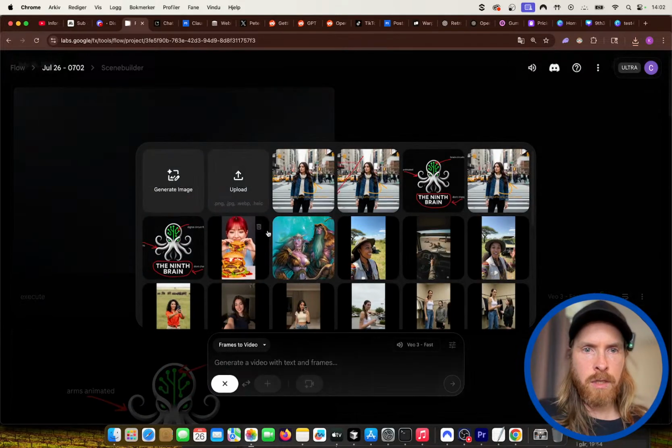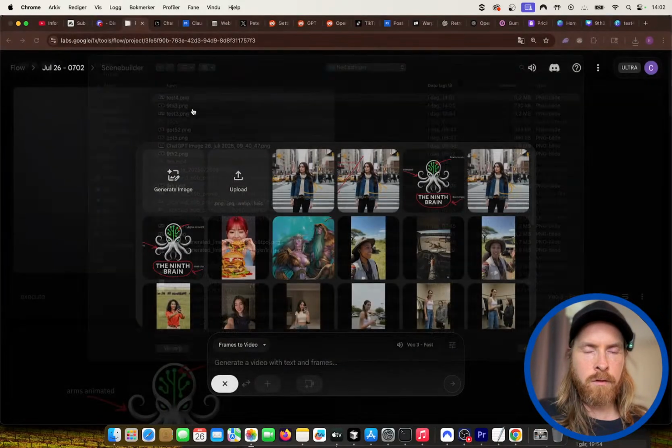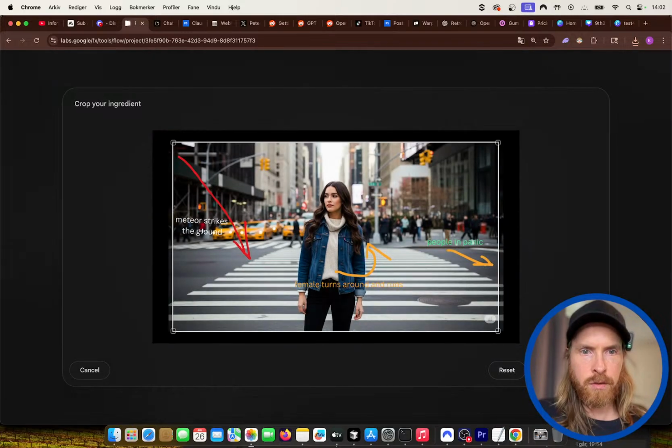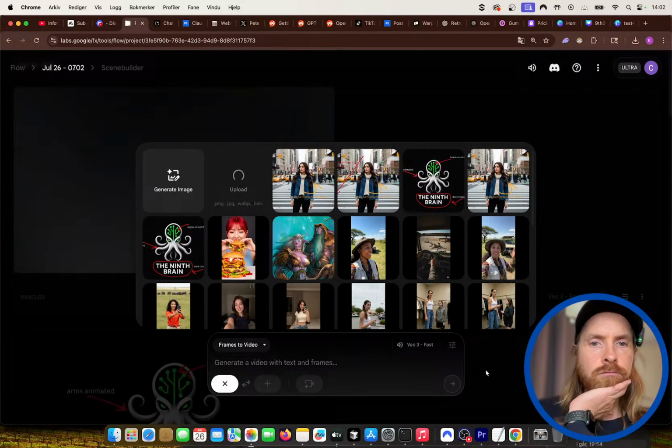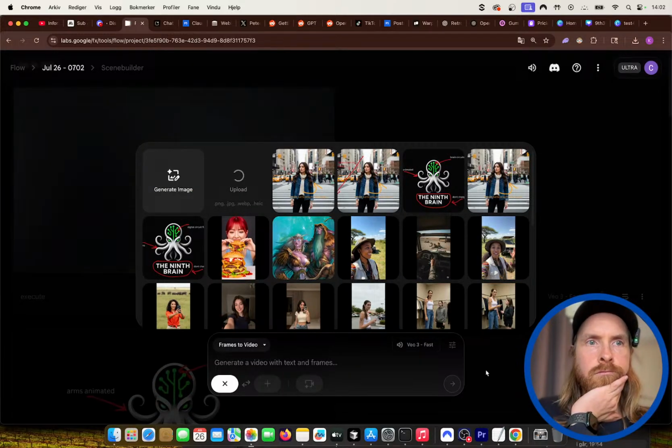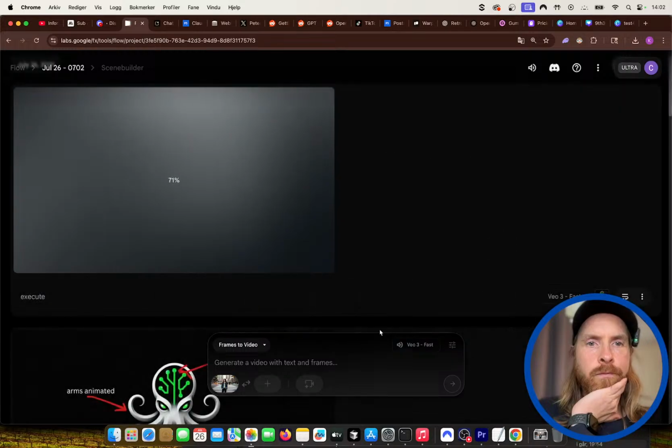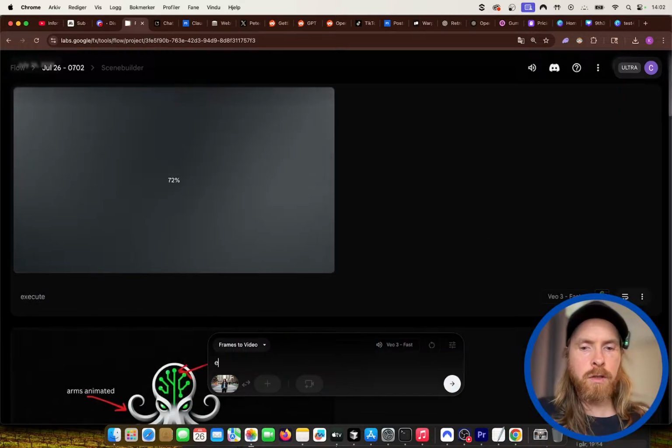So let's do the other one. That's gonna be test 4. Meteor strikes the ground, people panic, she turns around and runs. Okay. Again, I'm just gonna do execute.